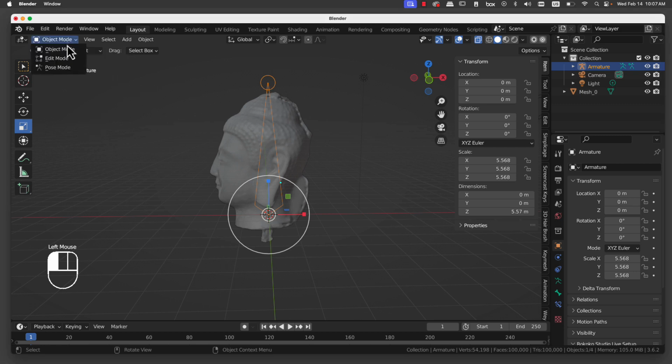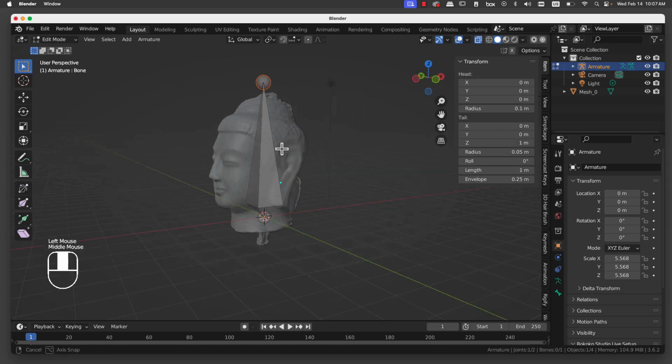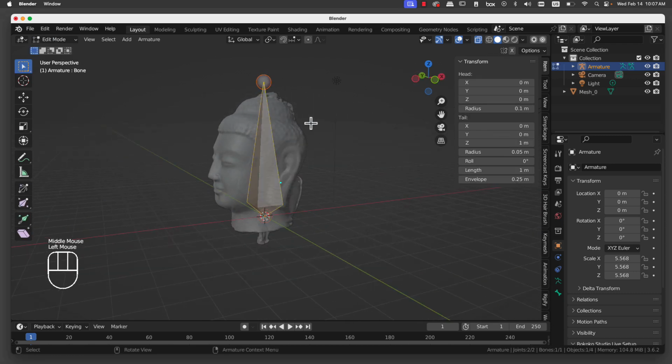We will select that bone and press edit mode. And when you press edit mode, the bone, which I'm seeing because I have X-ray turned on, which is that button there. When you have this bone like that, we can press the sphere of the bone, which is called the joint,